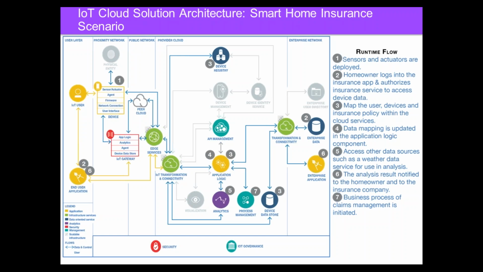So number 5 is when you are doing this kind of situation with water leakage, you also focus on some other services like weather service. Whether it's freezing outside, then you have more chances of busting a pipe, so in the analytics we can figure out what precautions can be taken based on the weather. That other service, the weather service, can run in the peer cloud, and then we can get access to that data into analytics.